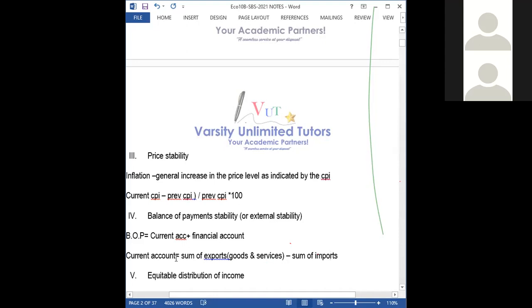So this current account is the main contributor to the balance of payments, because when you are exporting more of your goods and services than you are importing,